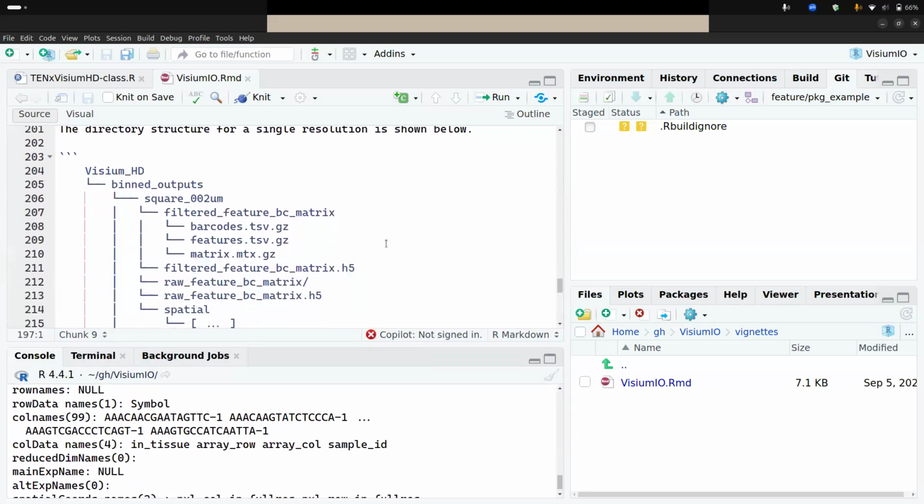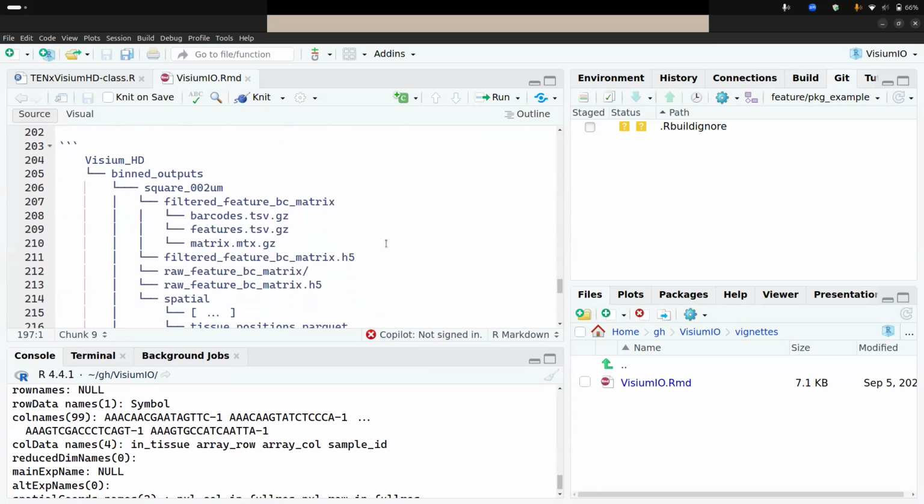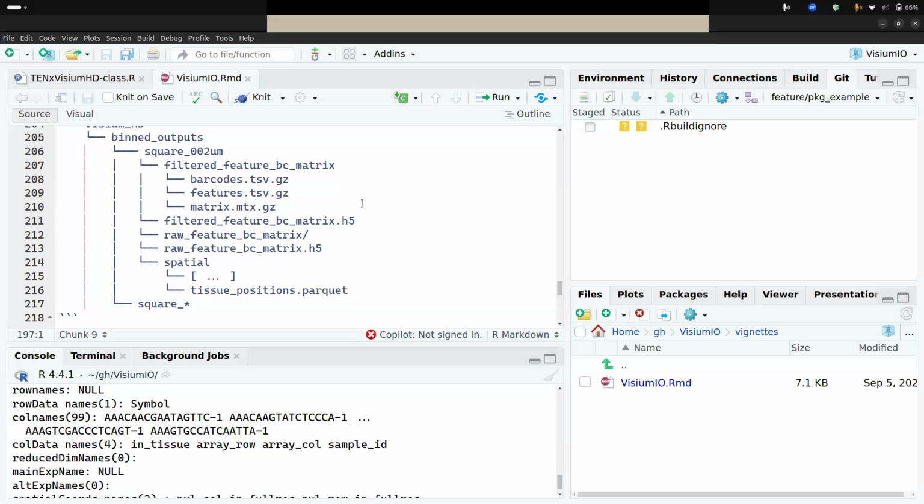More recently, I've been working on the Visium HD platform. The folder structure is a little bit different, but a similar way of importing all of the files. So you have your Visium HD top level folder. You might have a bin outputs folder, and then some folder that has a resolution. You can have more than one resolution. And I think typically you work with a single resolution at a time, as far as I understand. And within that